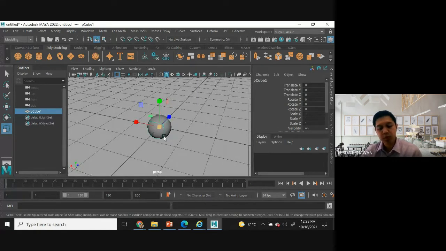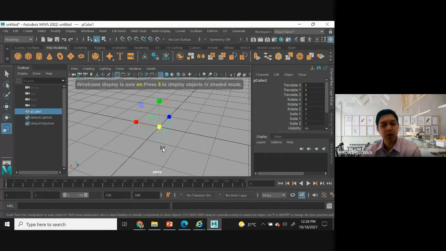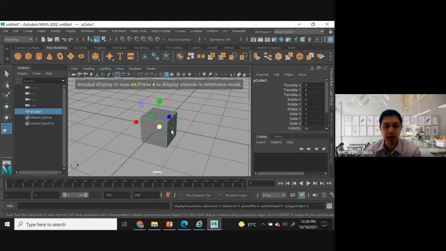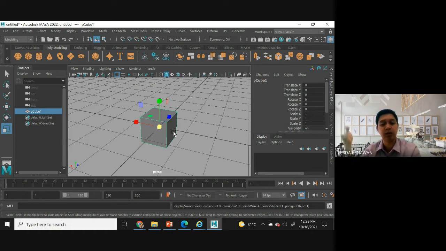What happens if you select 4? Select 4 means wireframe. You are trying to activate the wireframe, the wireframe of the structure of the model. What happens if you choose number 5 here? It shows the solid object. If you want to return to the solid, you can press 5.